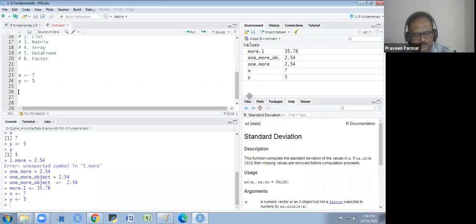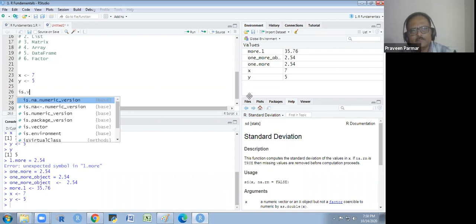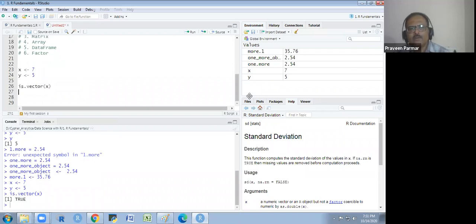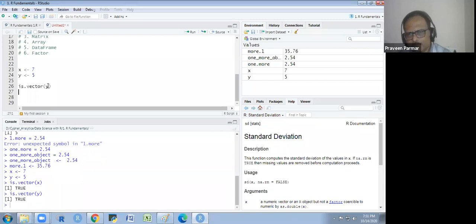So there is a function is dot vector. This is for asking whether it is a vector or not. It will respond in true and false, a logical response. So I'm asking about x: is dot vector x? It is telling yes, true. It is a vector. If I ask about y, it will respond true. It is a vector.